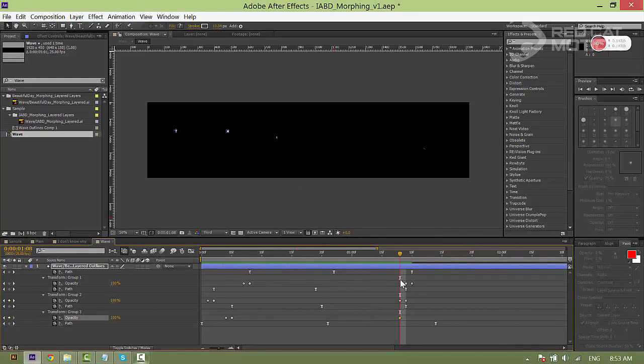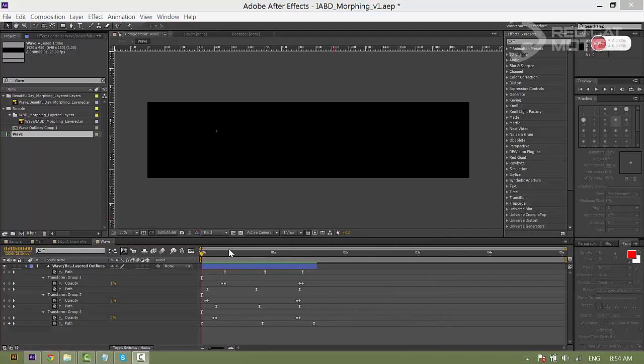Sometimes when you work with a lot of these properties, you might get confused because you don't know where you are at. After we are done, I trim it. You go to the last keyframe, hold the Alt key, and press the square bracket keys. If it's the bracket to the right, then we trim it to the right.